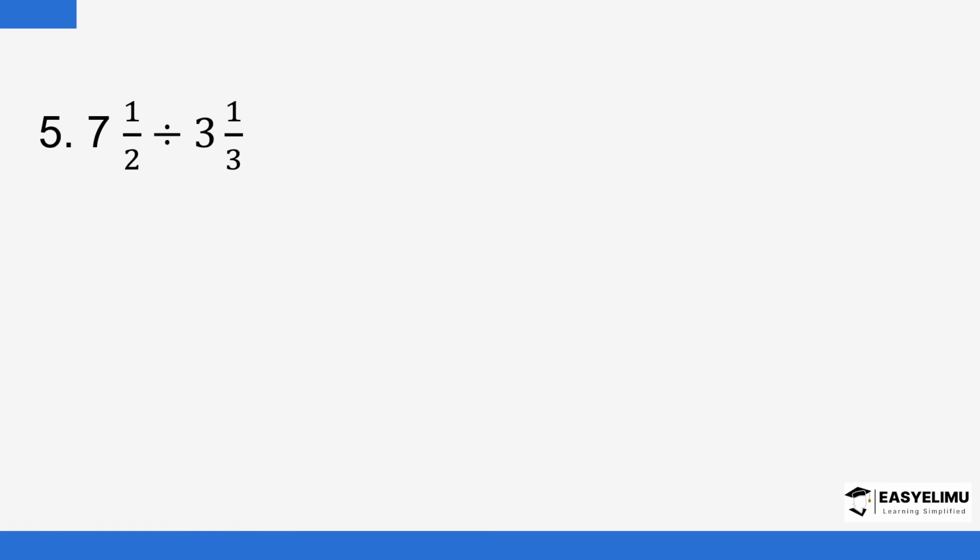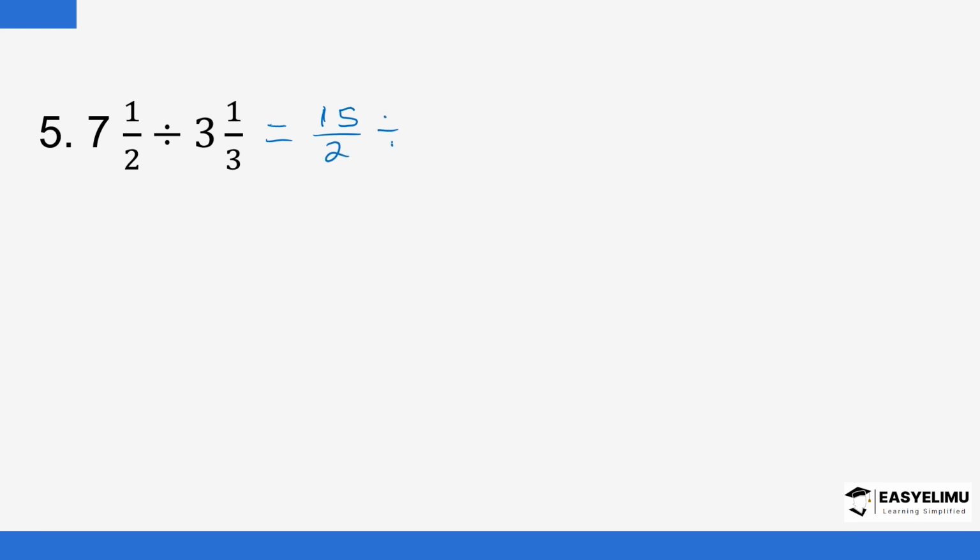Example number 5 is here again. You do the same thing. You have to change the mixed numbers here into improper fractions, and then you proceed as you have done in the previous examples from number 1 to 4. So again, if you don't know how to change mixed numbers to improper fractions, you can check from our previous videos and you'll be able to see how we did that. But basically what we do is the denominator here multiplied by the whole number part, and then you add the numerator. For example, 2 by 7, 14 plus 1 is 15. Then you maintain the denominator. So 15 over